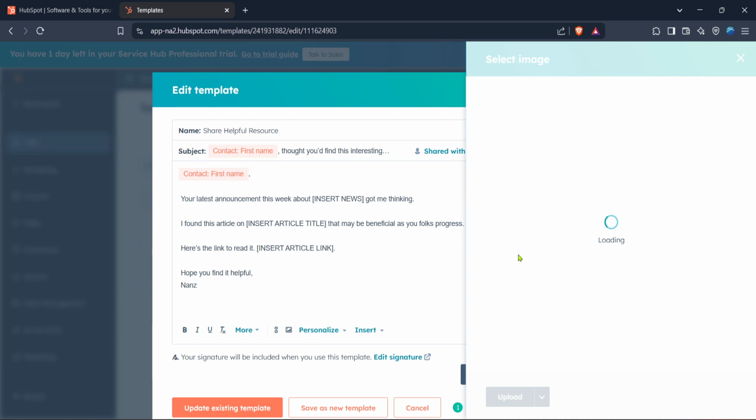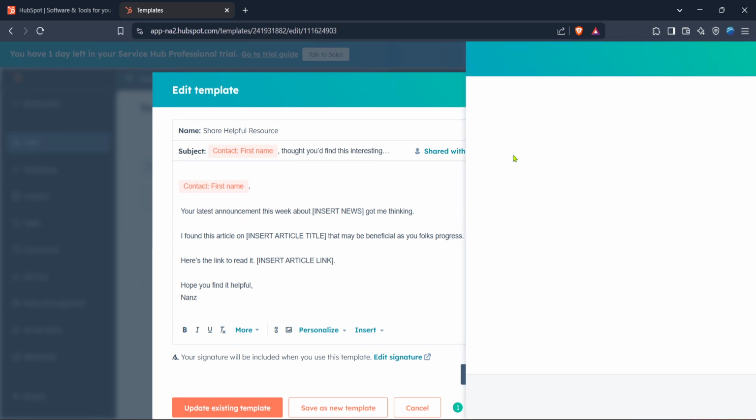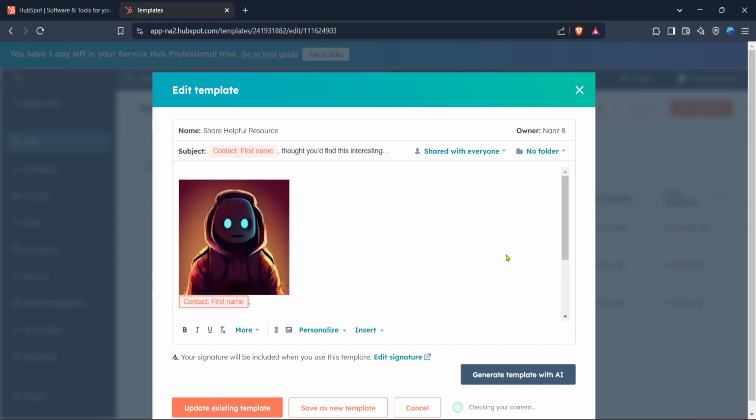When you click on insert image, you'll be able to browse your files and upload the image you want to use. It's important to ensure that the image you're uploading is high quality and fits the dimensions recommended for your template. This will help to maintain the visual integrity of your page and ensure that your image enhances rather than detracts from your overall design.